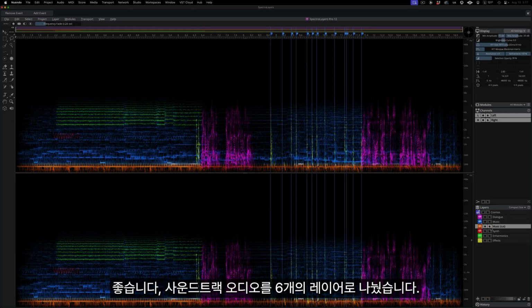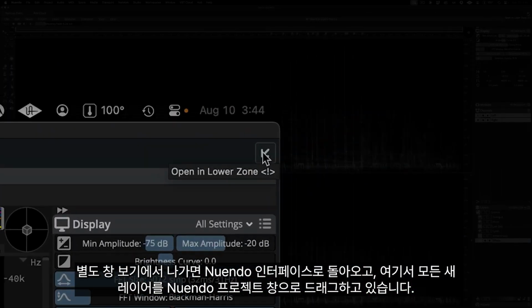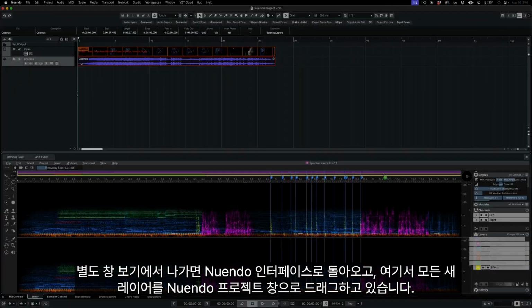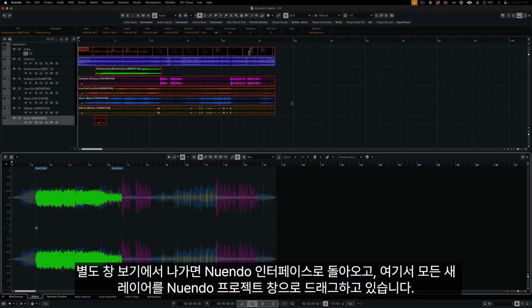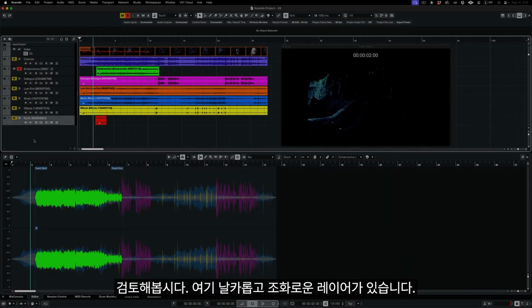Okay, we've divided the soundtrack audio up into 6 layers. Clicking out of the separate window view brings us back to the Nuendo interface. And here I'm dragging all the new layers into the Nuendo project window. Let's review. Here we have the shrill and harmonic layer,